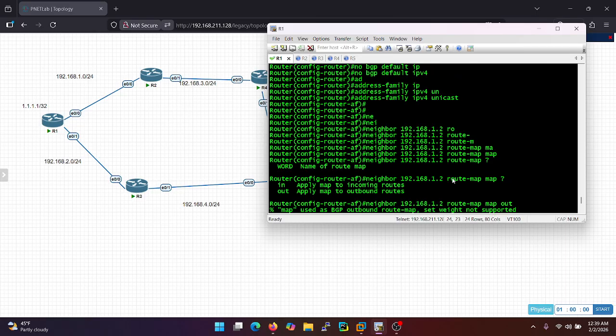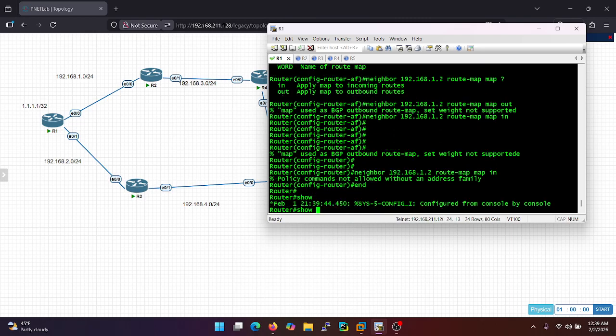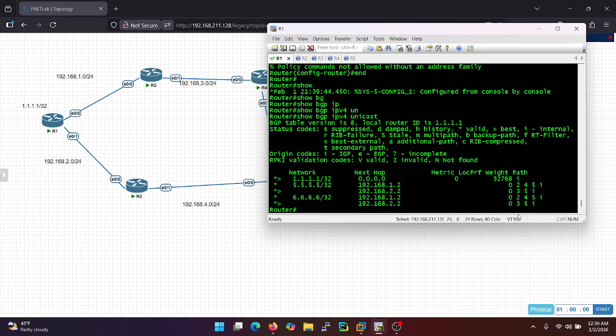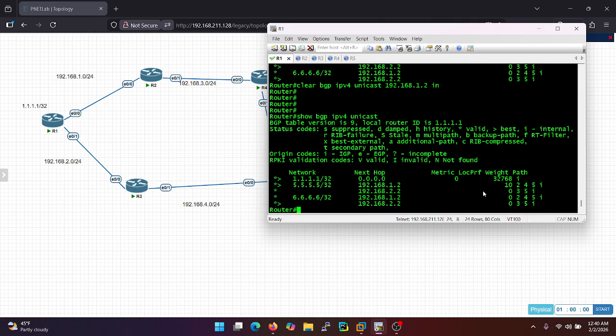Let's check. Yes, after that we use it. If we check the routing table, it is similar. Why? Because we didn't use BGP clearing. As we said, BGP doesn't do anything by default, so we have to use our clearing command. Okay, we use it, and then it changes nothing inside this router, inside this network. I mean, for quad 6. It only changes the weight for that